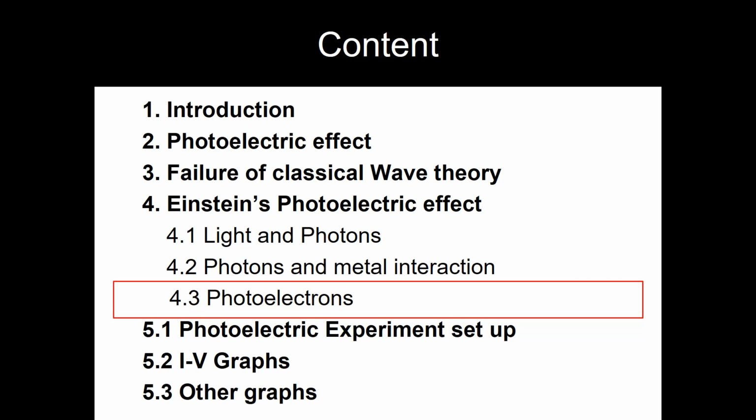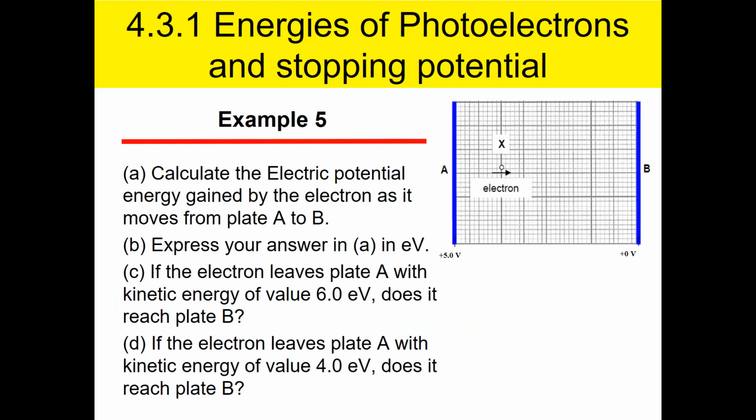observations 1, 2, and 4 can be easily seen. But the one about the kinetic energy of the electrons, right? I said you cannot really see an electron. So how do you know what its maximum energy is? There must be a smarter way to measure the energy of an electron in a macroscopic way that humans can see. So we need to revisit what we have learned in electric fields.